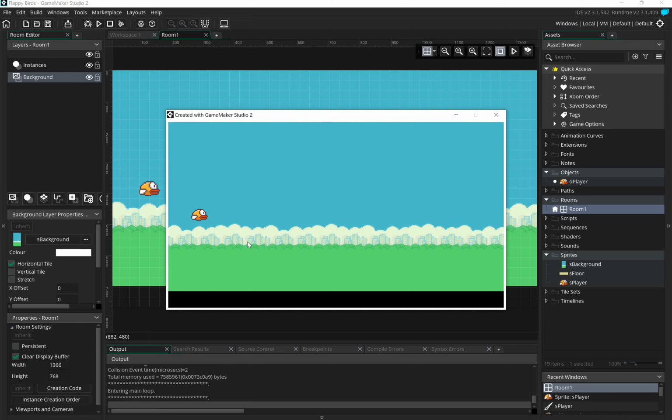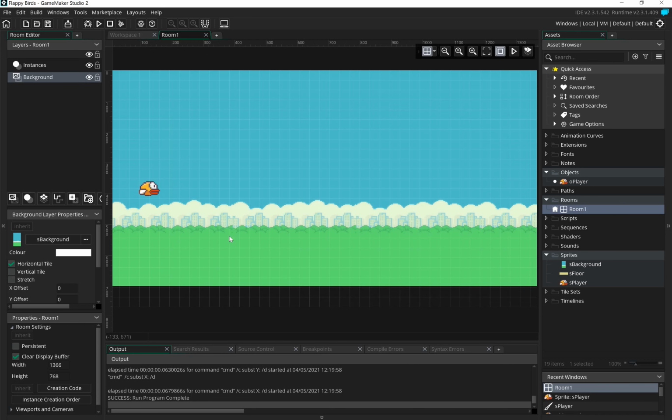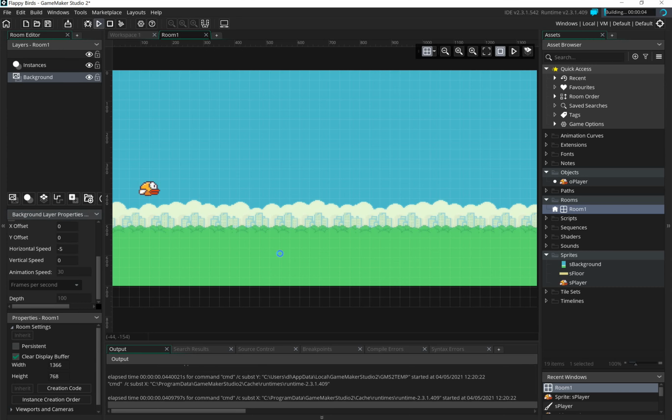So there we are, we've got the start now of our game where we've got the background in. We're now going to look at putting the floor into the bottom, and then we're going to look at adding in gravity and getting a little bit of movement there as well. Okay, so what we can do is we've got a horizontal speed and a vertical speed. So let's say, for example, we wanted the background to appear to be moving. So if I do this as a, say, -5 as an example, if I play that,